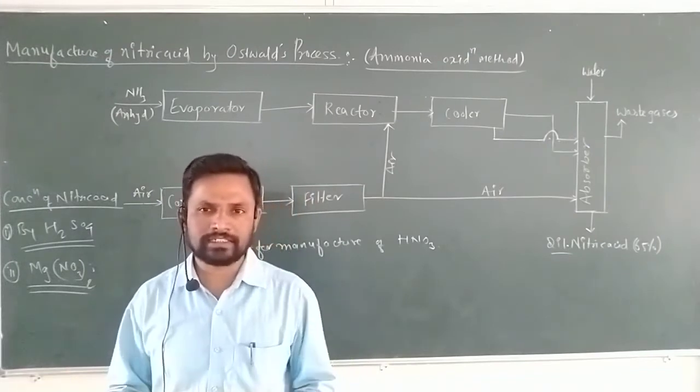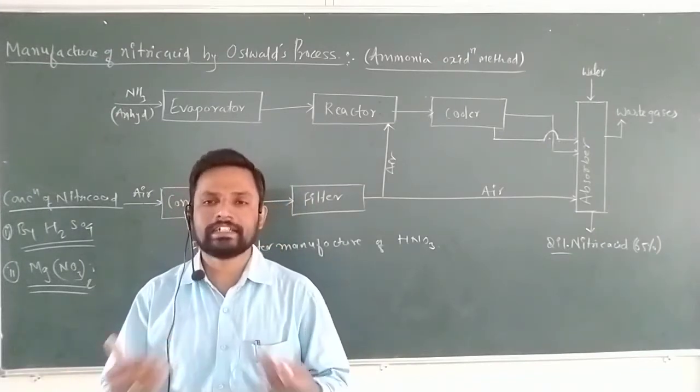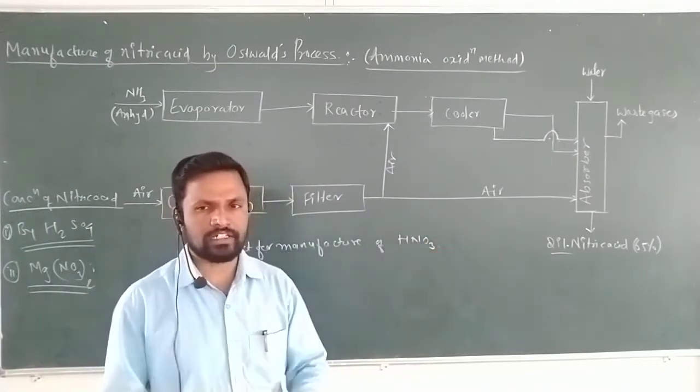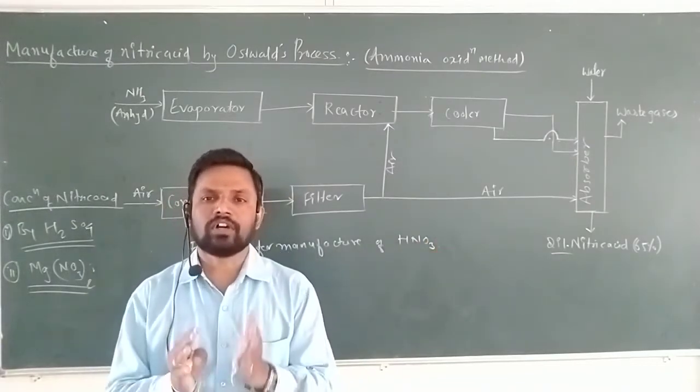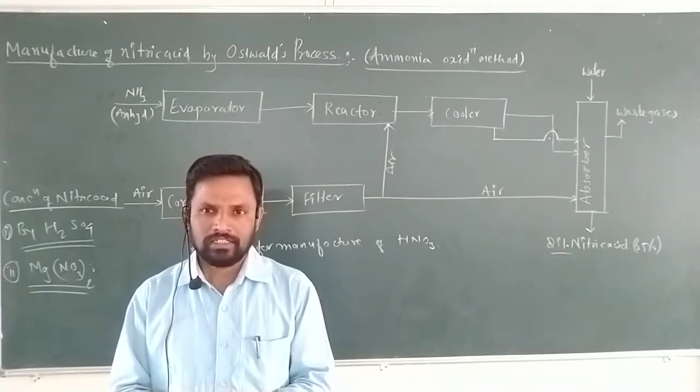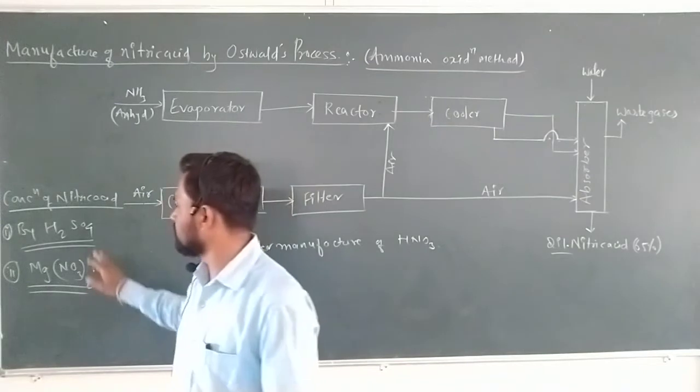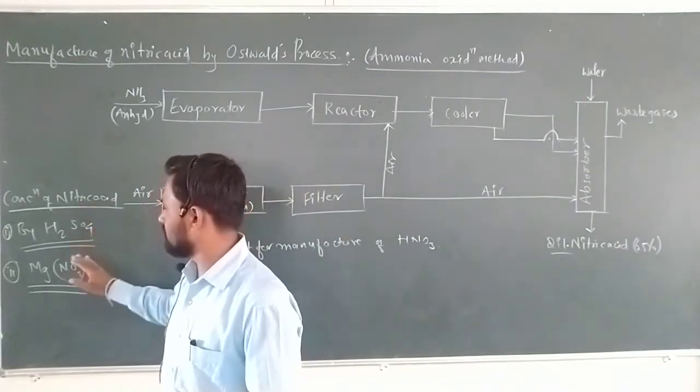As we already studied, H2SO4 itself is a dehydrating agent. What is meant by diluted nitric acid? Diluted nitric acid is nothing but the presence of water molecules. To make it concentrated, we have to remove the water molecules. That is what we do in the concentration of nitric acid, where the first method is carried out by the H2SO4.